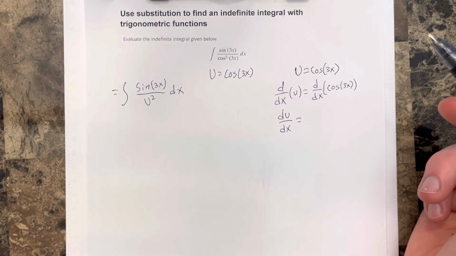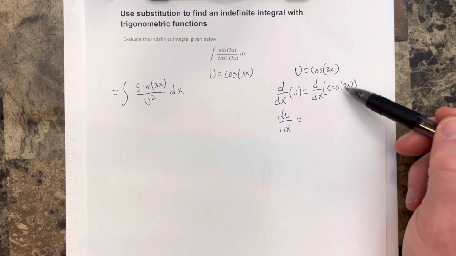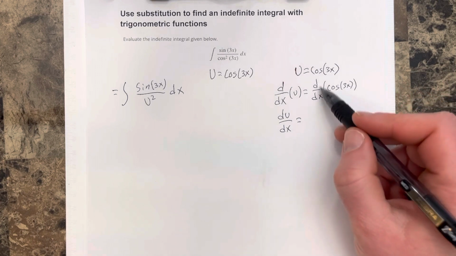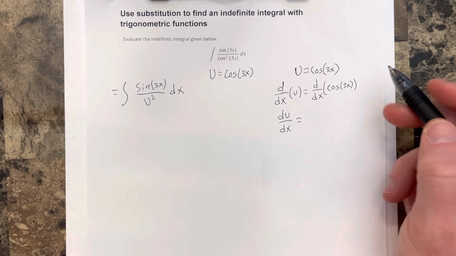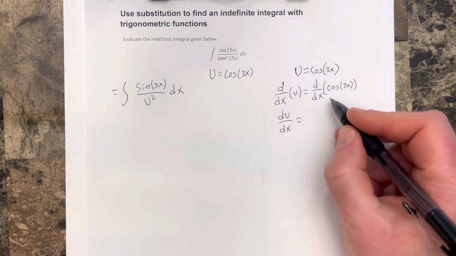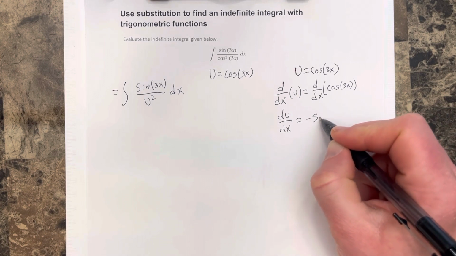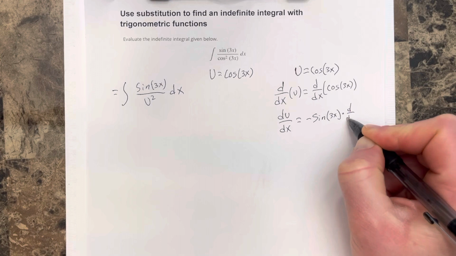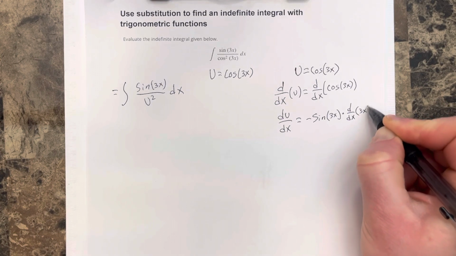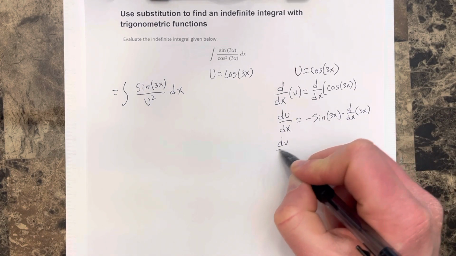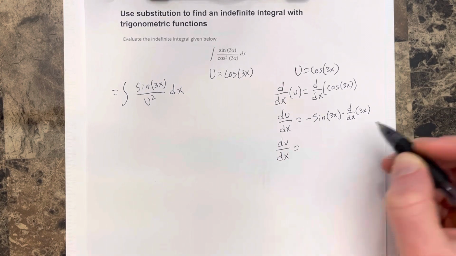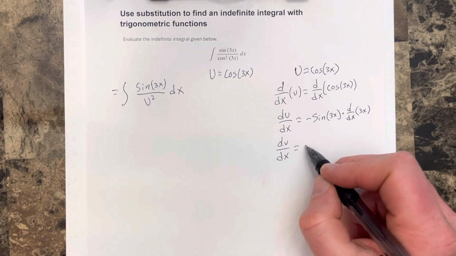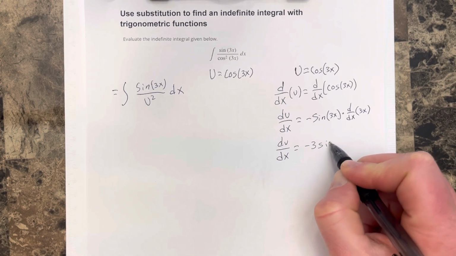That is true, the antiderivative gives you sine, but I should have said derivative, it gives me sine. Because I'm doing the derivative of cosine 3x, that's going to be a chain rule. So derivative of cosine is negative sine 3x times the derivative of 3x. So I get du over dx is equal to derivative of 3x is 3, so I get negative 3 sine